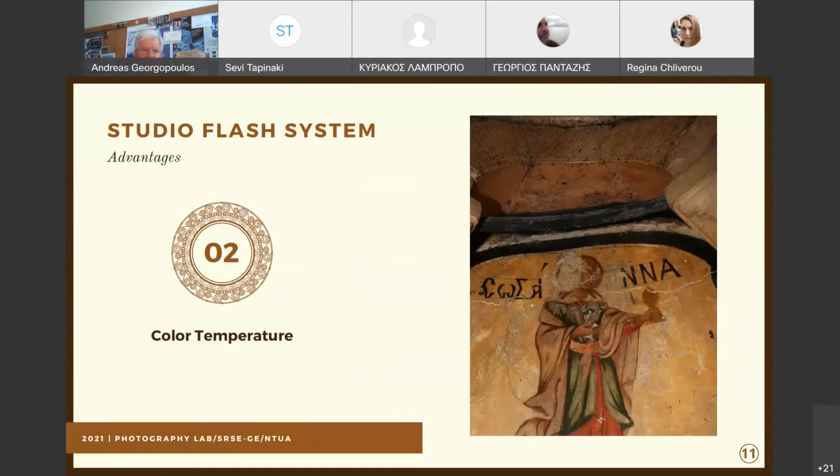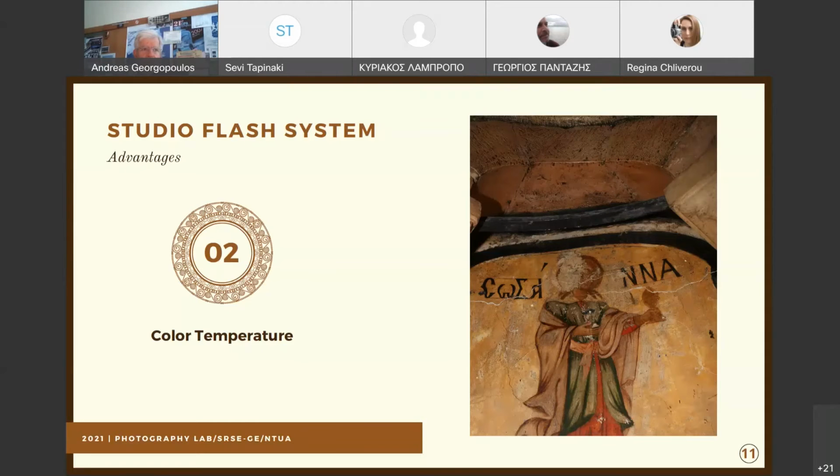Furthermore, inside the Holy Edicule, you have to deal with very different materials, and each of them reacts differently to the light that falls on it. And if the light does not have a clear and stable performance, there is a risk of chromatic aberration, and as a result the balance between the color channels can be lost.